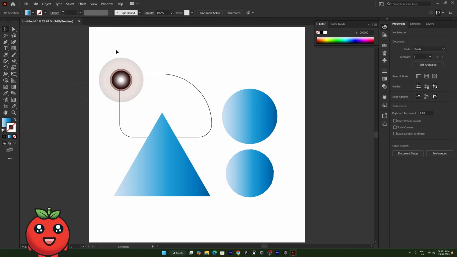And in the next class we'll be talking about brushes in depth. How can you create your brushes and how to use brushes and how to apply brushes on your existing shapes. For now, I'll be leaving,